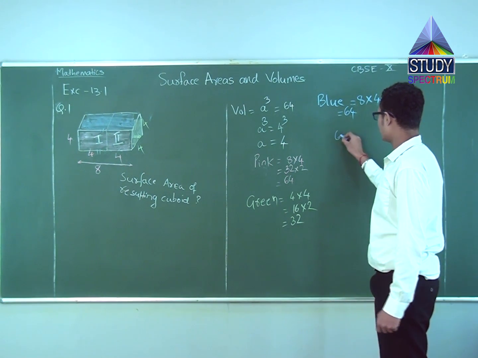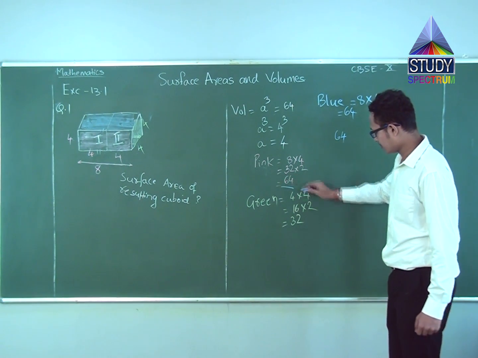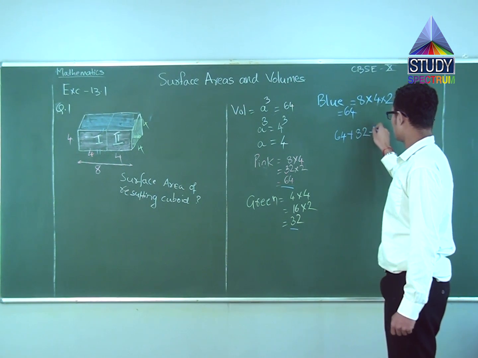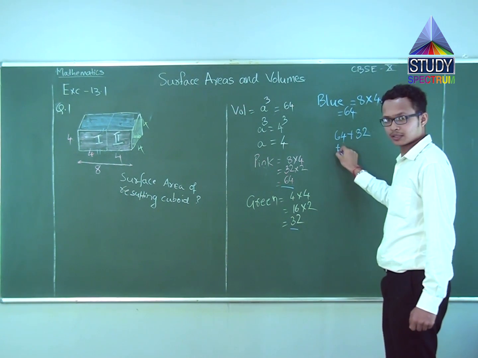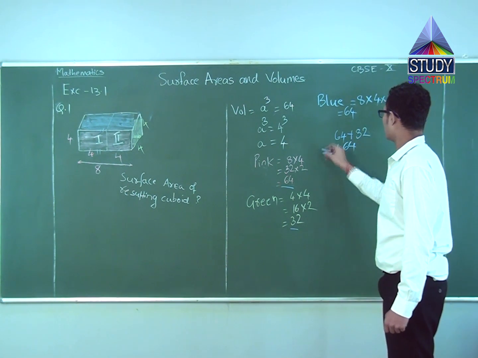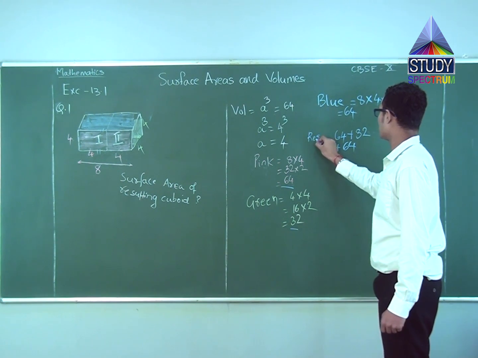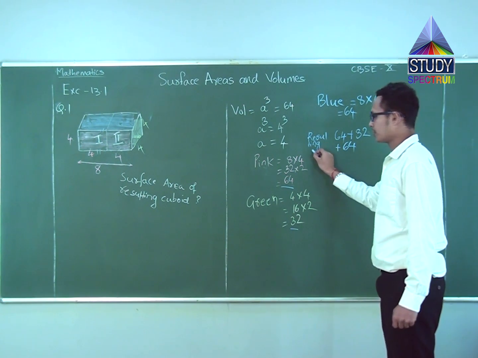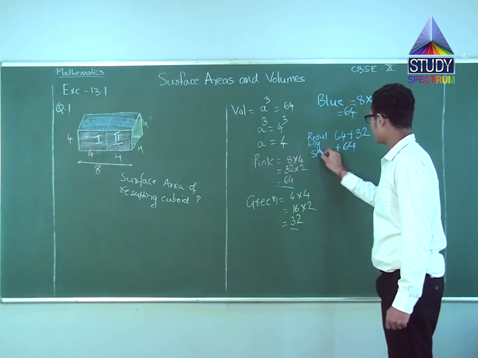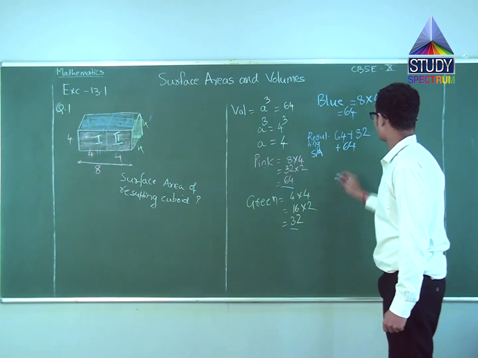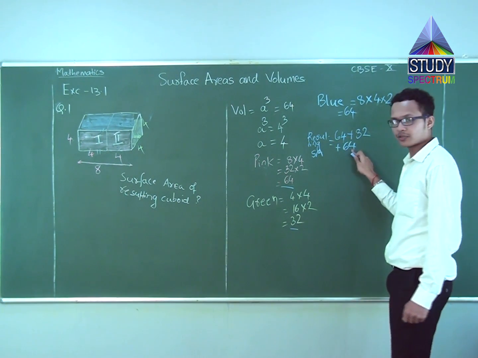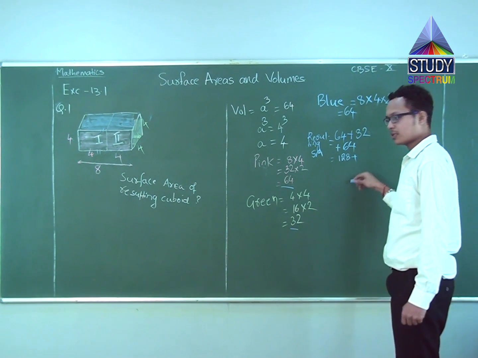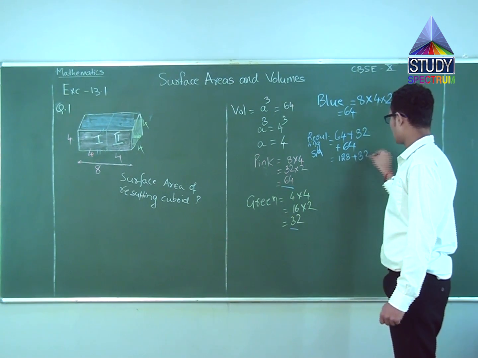So 64 plus 32 plus 64. This is the resulting surface area. SA, it's understood that it's surface area, resulting surface area, equal to 64 plus 64, 128. 128 plus 32, which is,